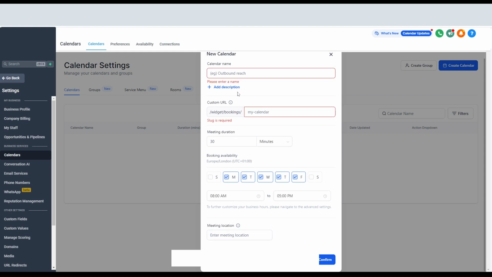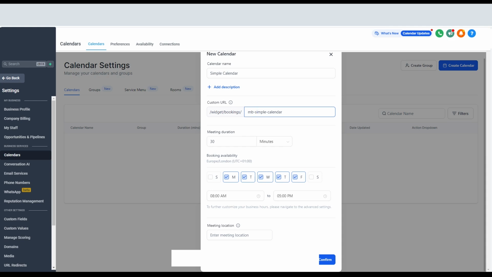If I go to advanced settings, I'm just typing in the name of this calendar just there. If I type in simple calendar, it can't have any spaces. You can see here it says that the slug is already taken. That's because it works off the overall CRM domain with all the other calendars as well that other people are using within this CRM. So I quite often just put some initials for my business just there. So my MB for my business